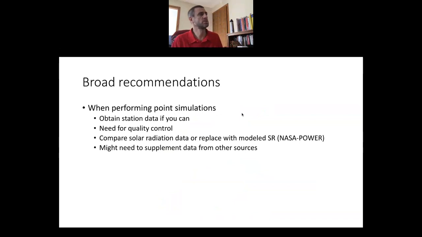So the broad recommendation is to obtain station data if you can when doing these point simulations. You do need to do quality control. In particular with solar radiation, notice in the previous slide that solar radiation was obtained from a model source, and we often do replace it with another source of solar radiation, such as NASA POWER, for example. And you might need to supplement data from other sources, whether you have missing data in terms of temperature,